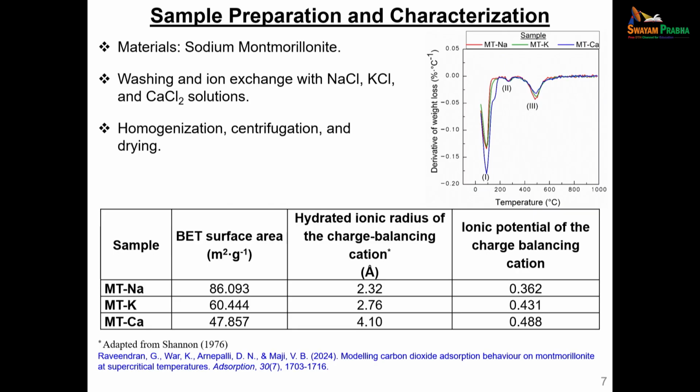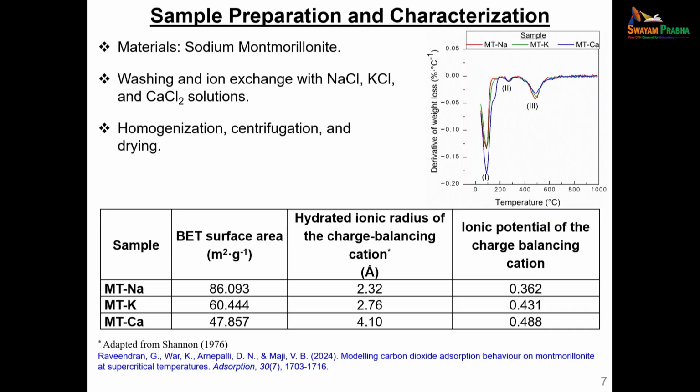The specific surface area has been measured by using the BET method. Then we know their hydrated radius. The ionic potential is basically the ratio of the valency to the hydrated radius. Does it have any impact on the adsorption capacity or not? Alright. But when you want to really measure the adsorption capacity of a given clay, we need to initially